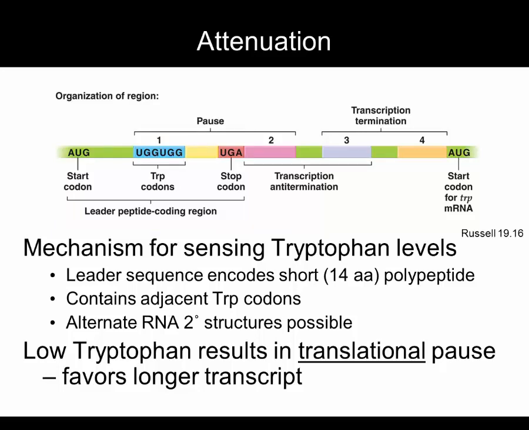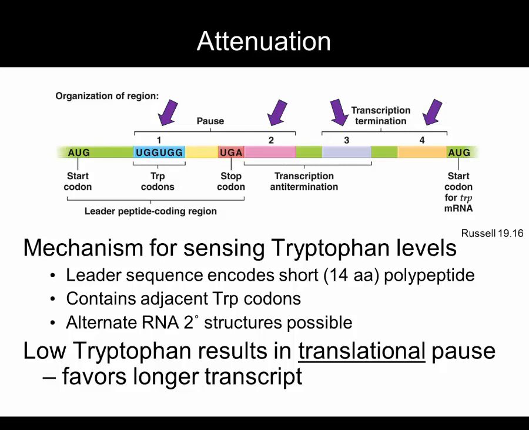The RNA will adopt alternative secondary structures based on whether or not the ribosome pauses, and these structures determine whether or not transcription is terminated early. It all comes down to these 4 regions of the transcript. Region 1 is a coding region rich with tryptophan codons, where the ribosome will pause if tryptophan levels are low. Region 3 is capable of forming a hairpin with either region 2 or 4, and transcriptional termination is determined by